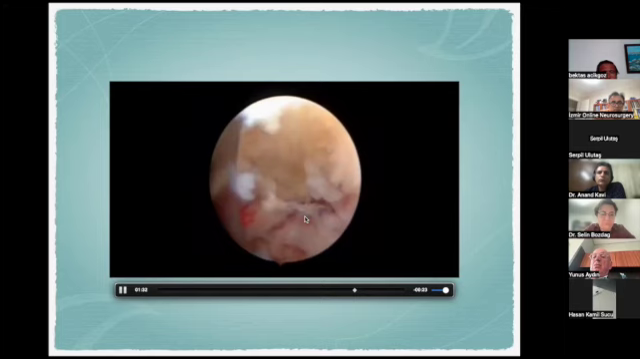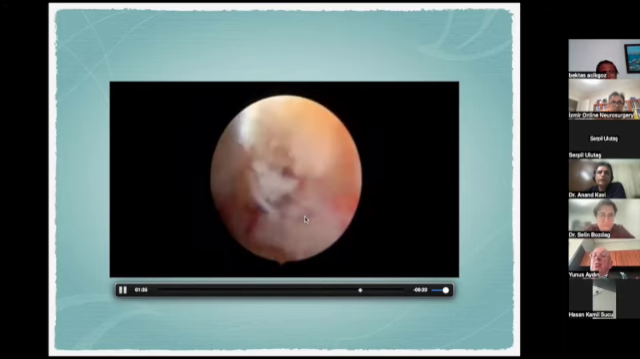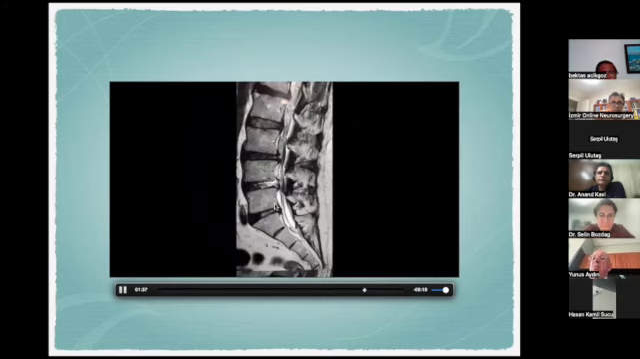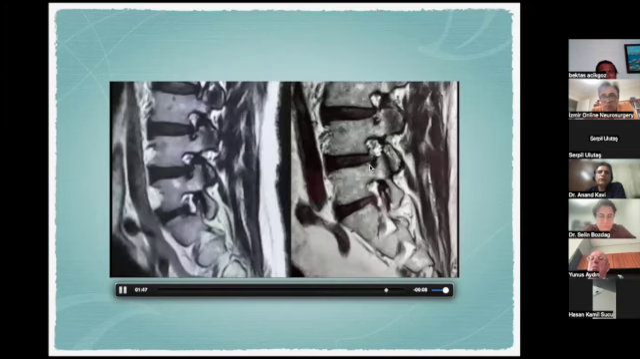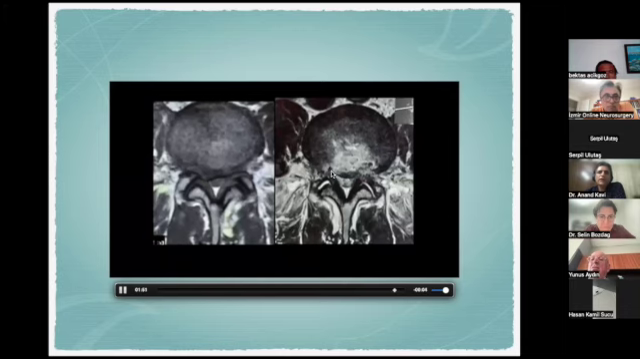So we have decompressed the foramen, we have decompressed the lateral recess, we have decompressed the two roots. This is the immediate follow-up MRI, where you can see recreation of the foramen, and now the root is completely free. This is the pre-operative and post-operative MRI showing good decompression. This is the axial MRI where you can see that the